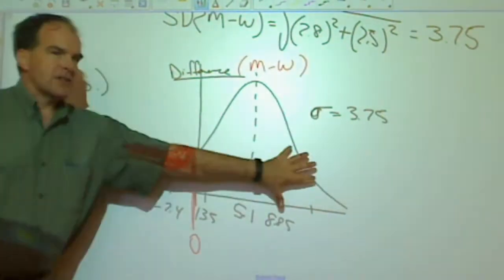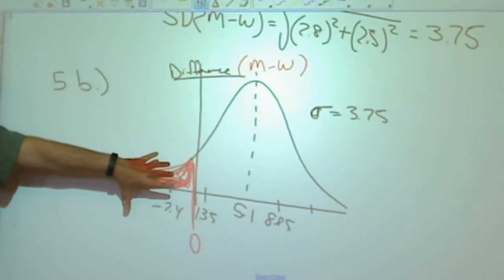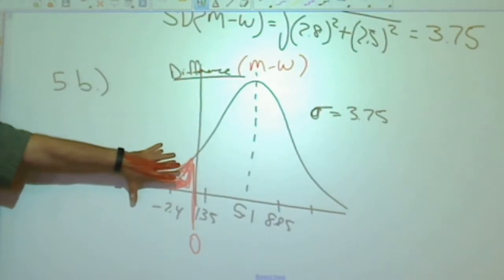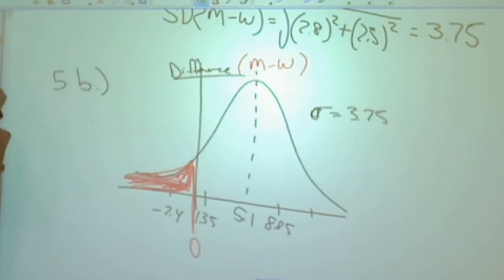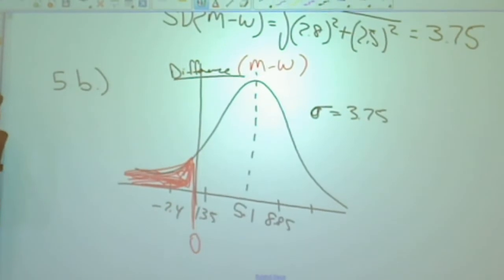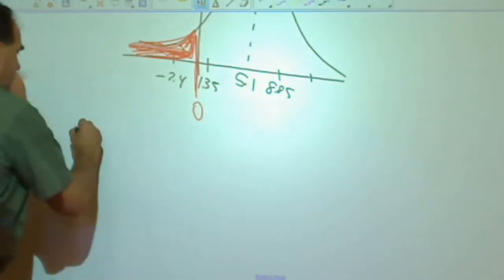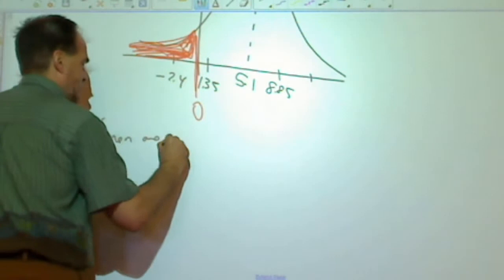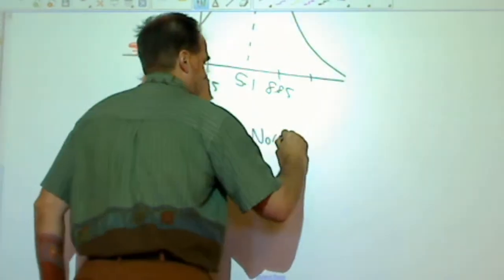Okay, this section is taller, this section is shorter. They want the probability that women are shorter. So I just need to calculate this percentage. Okay. Are you okay if I use normal CDF for this? Everybody good? Okay, so if I was going to type this in on the calculator, so probability men are shorter, normal CDF,